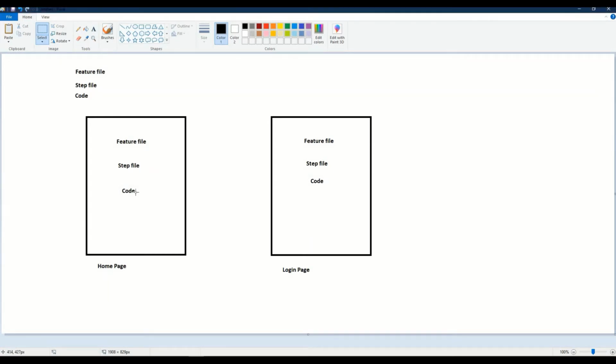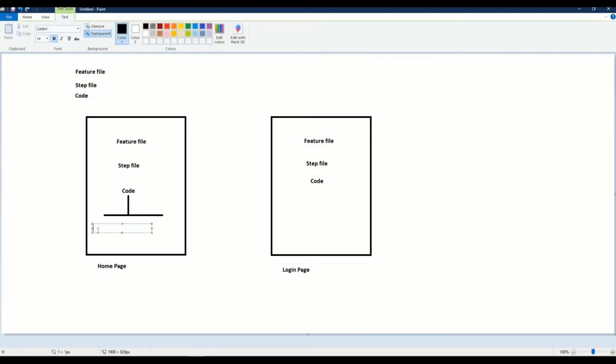Now, if we talk about code, guys, code can further be divided into two parts. Let me just try doing it. Please forgive me for my drawing skills. I'm not good at drawing that much, but let's try, right? So code has two further things.